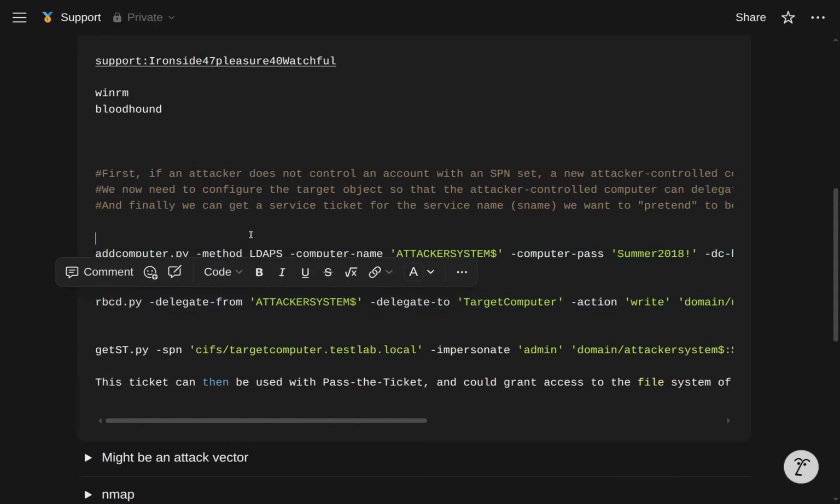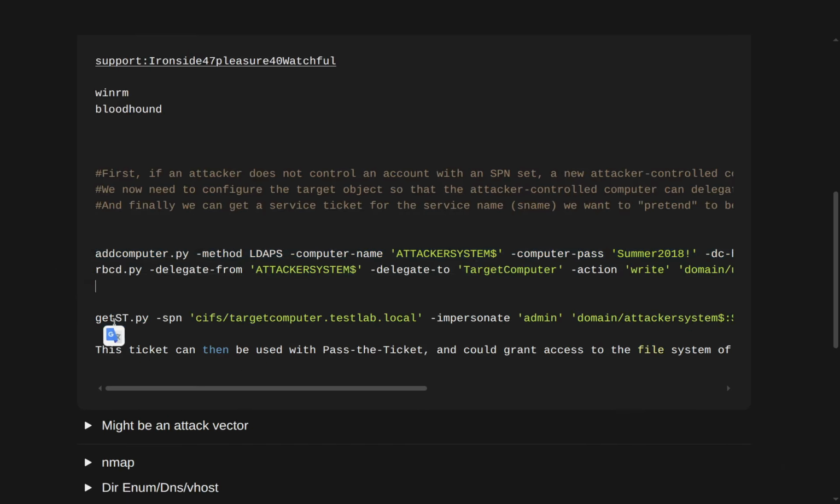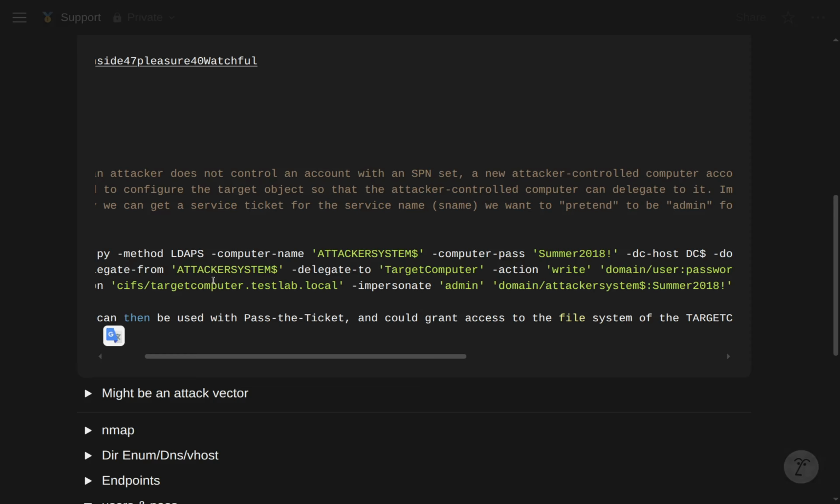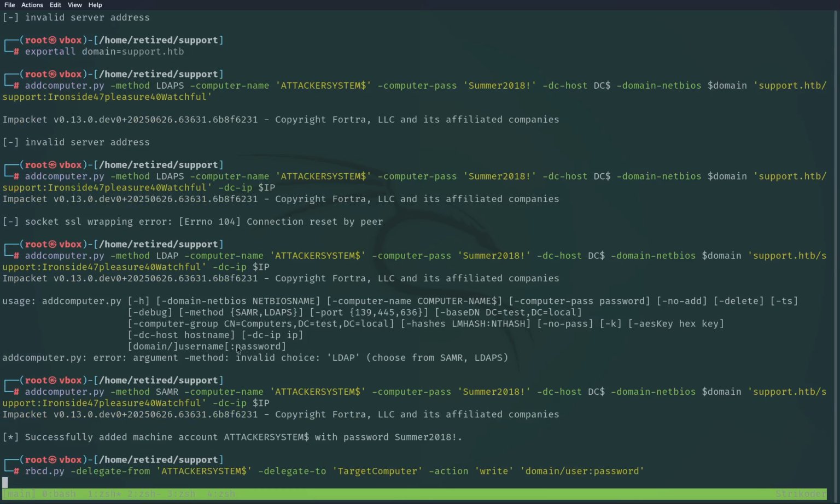So in some cases, which is our case over here, we need to run all the scripts as fast as possible because the computers get deleted, I believe, every 5 minutes. So I will run them and then explain. So over here, rbcd delegate from our new computer, delegate to the DC, which have the delegation over the